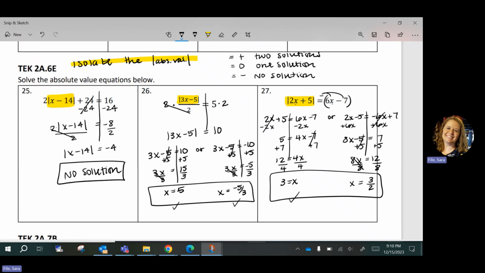Okay, I could check 3/2. Again, the 2 times the half will cancel. I'll be left with just a 3. Plus 5 is 8. The absolute value of 8 is 8. So the left side comes out to 8. And then on the right, if I plug in 3/2, the 6 over 2 is 3. 3 times 3 is 9. And then 9 minus 7 is 2. So that one, that didn't come out, did it? Let me redo that. I'm going to show the work for that one. So if I'm plugging in 3/2,